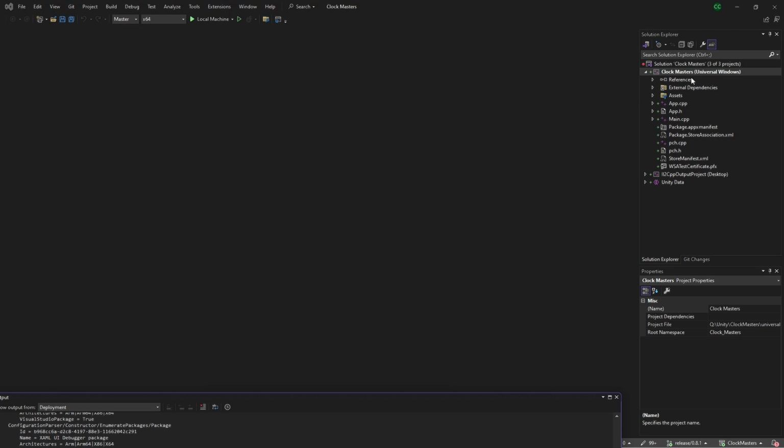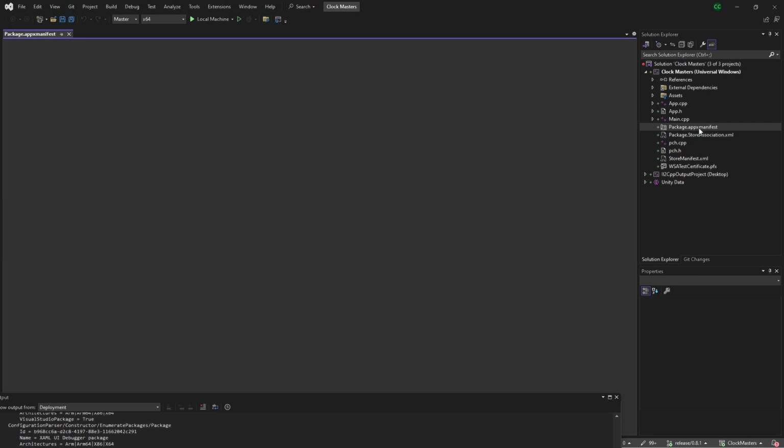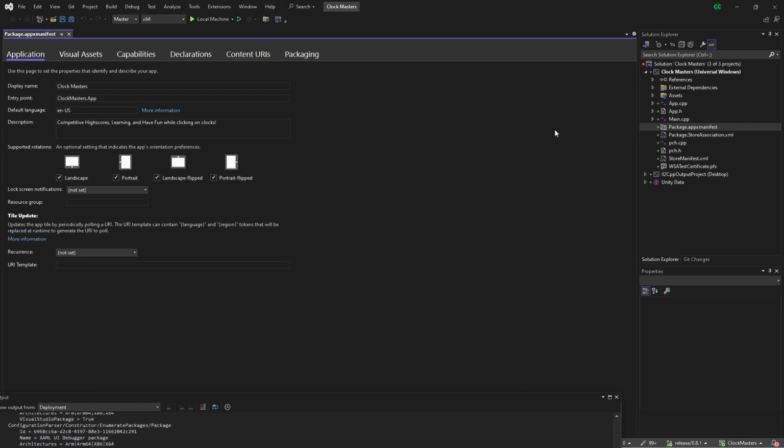The next thing you'll do is come over to this right side, and you'll see your application here. Within here, what you'll have to do is go into the package manifest. Once you actually bring up this file here, this is the next step of what you'll need to do for the Microsoft Store. We'll just run through these pretty quickly and just show you what I have for it. Just display name, description, and so on. This is all pretty much default, and then if you have any other preferences, you can change them here for application.